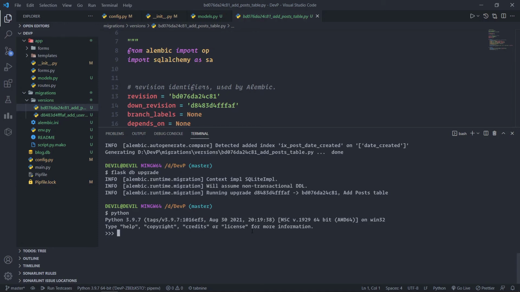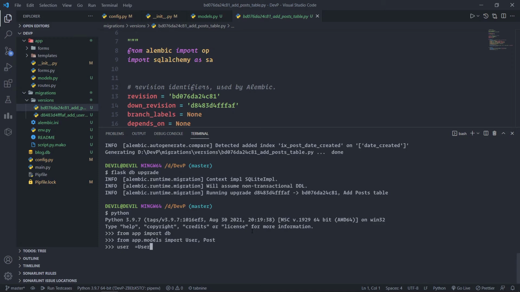Cool. And what we need to do is import the db instance. So from app import db. Cool, imported. Now from app.models import User and Post. Now we have imported those two classes, User and Post, from the models file. Now let us create a new user. So what should we name it? u. Cool.